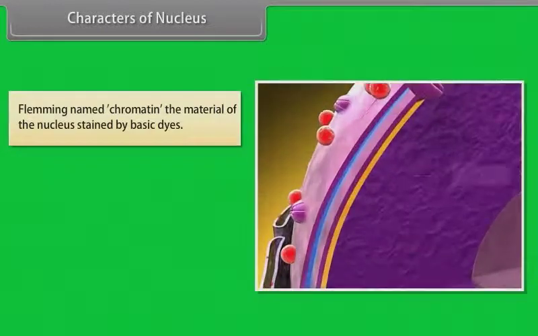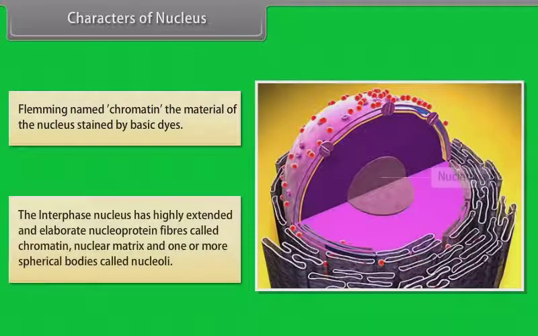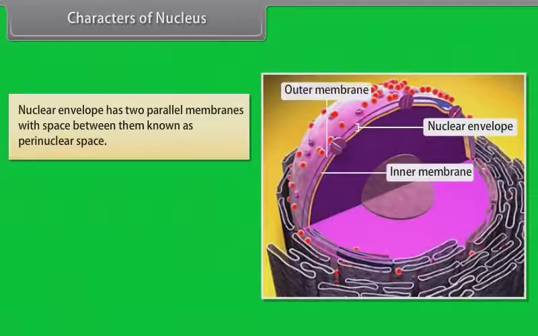Fleming named chromatin the material of the nucleus stained by basic dyes. The interphase nucleus has highly extended and elaborate nucleoprotein fibers called chromatin, nuclear matrix, and one or more spherical bodies called nucleoli. Nuclear envelope has 2 parallel membranes